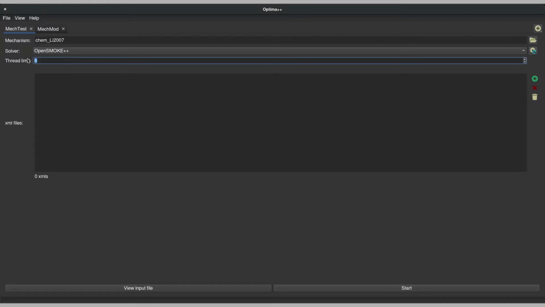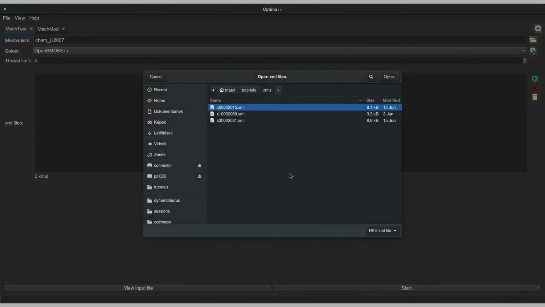I set the thread limit to the number of CPU cores to be used in my computer. We can read the XML files downloaded from ReSpecTh if we click on the green Add button. I have downloaded 3 XML files and I will use all 3.